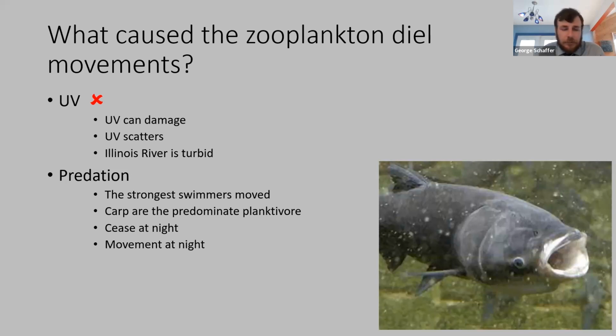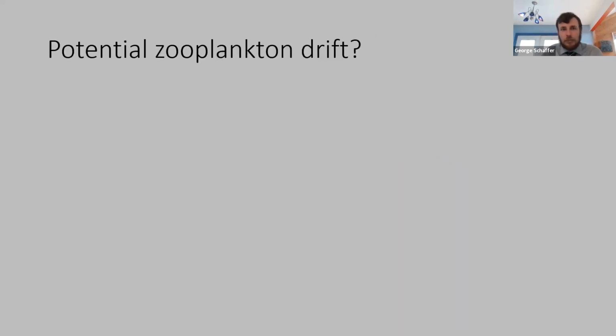So what that would potentially allow for movements of the zooplankton to come out of the sediments and into the water column to exploit other life history traits or foraging opportunities. So for these reasons, we think that predation was the likely mechanism that was causing the zooplankton movement into the water column. But with zooplankton also moving into the water column, it leads to this potential of a downstream drift